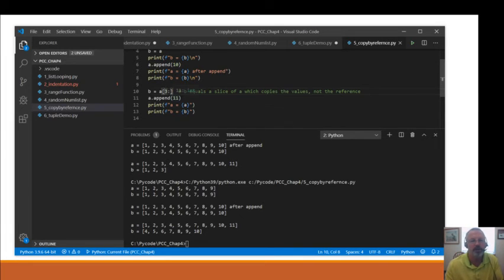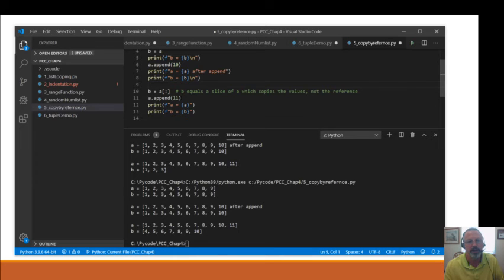But we can also say we want all of the objects in A. Now this is different than this. Instead of B equals A, the pointer, where they're both pointing to the same data store, now we're saying B equals all of the values in A. We're taking a slice of A, and the slice is actually all of the values. This is normally the way you'd slice it. You saw me slicing it here, the first 3, the last 6, or last 7, but you can also say all of them.